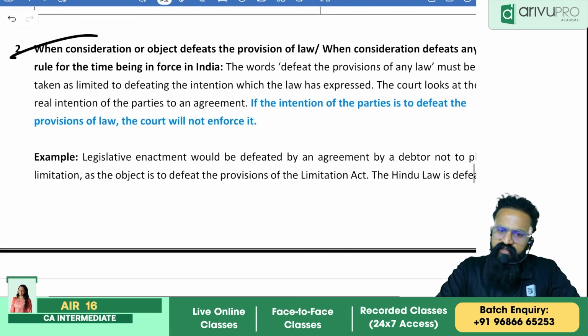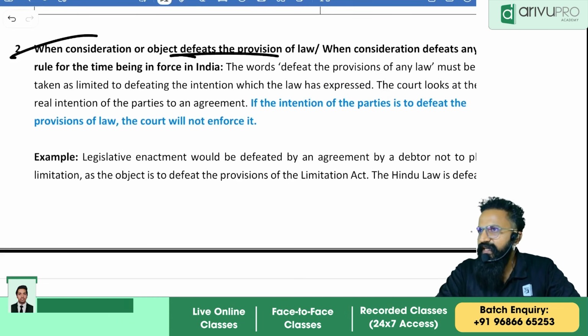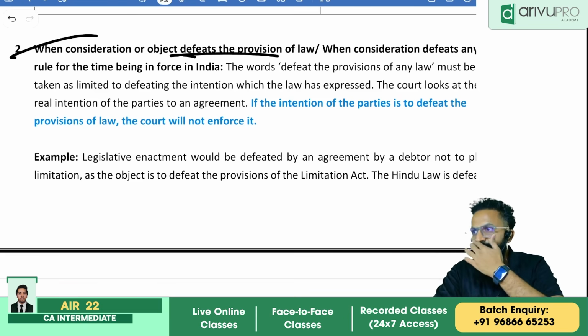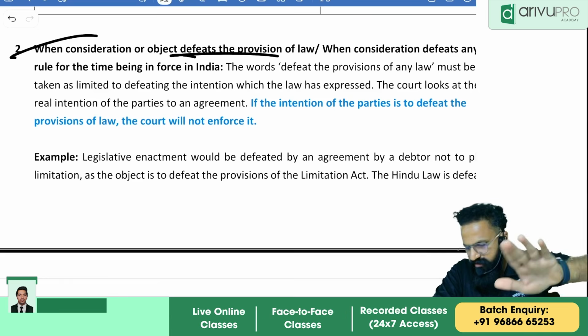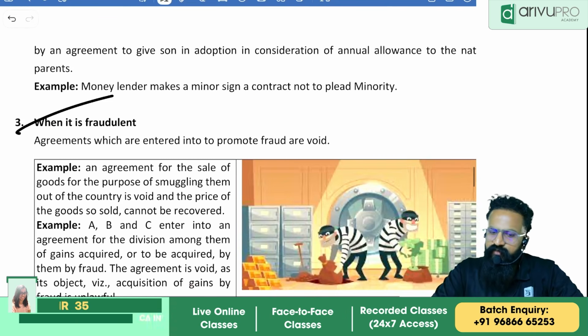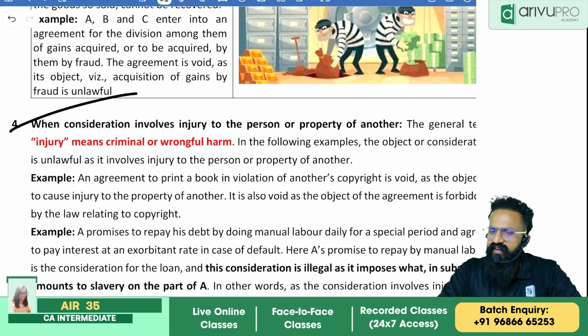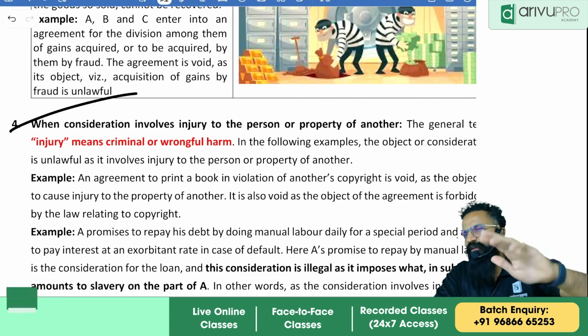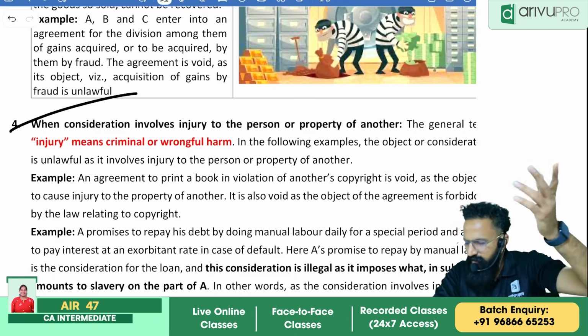Next one is when consideration or object defeats the provision of law. Meaning me telling that the restriction on minor agreements is not applicable to our contract. If I defeat the purpose, such agreements are void. Next one is when it is fraudulent, smuggling and all of that. When consideration involves injury to a person or a property. I give you money to go and kill him, or I give you money to go and destroy his property. It is considered as